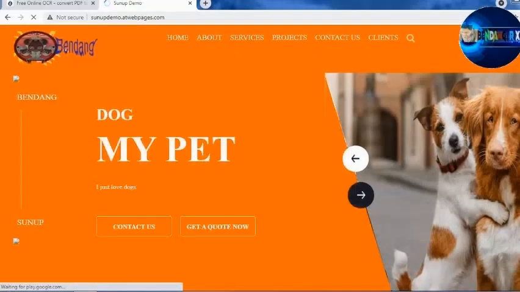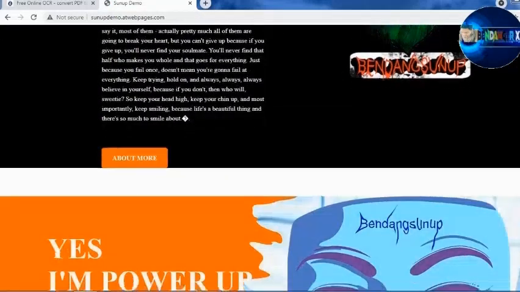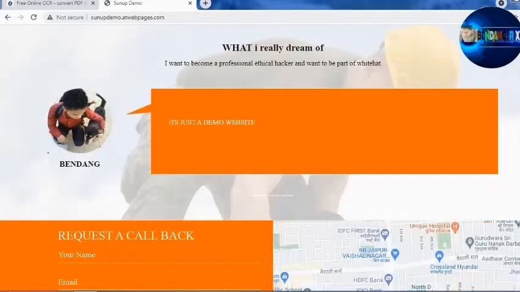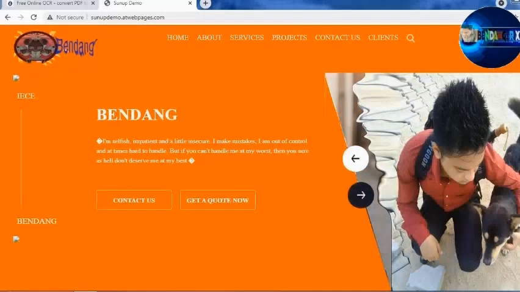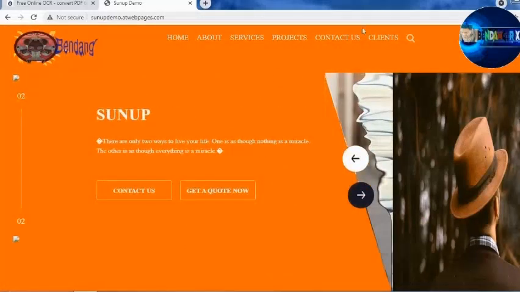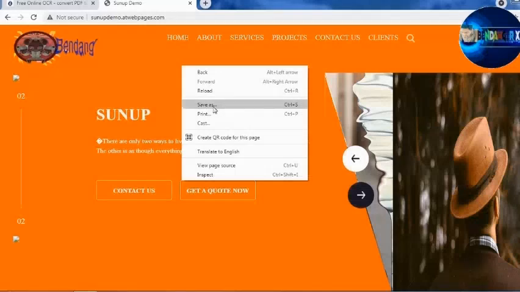Okay, this is my website. If someone asks for my website link, meaning the barcode of my website, in that case you need to right-click, and then there will come out an option, create QR code for this page.